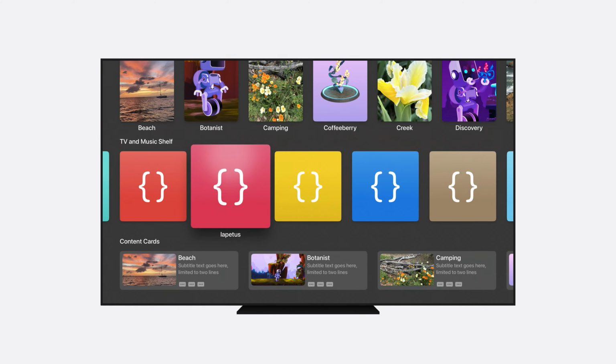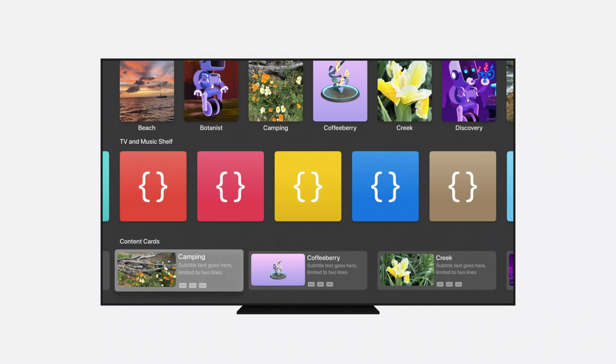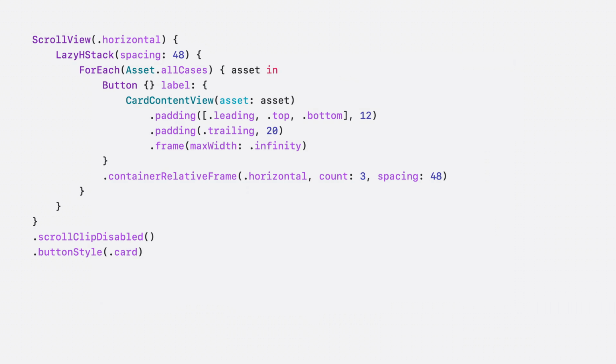Change the aspect ratio of your artwork and the number of items per container relative frame, and you have the perfect size for album artwork. For cases where you need greater information density, you can use the .card button style to build the same type of lockups that you'll find in the TV app's search results. The card button style provides a rounded platter to back your content, which lifts and moves in a more subtle manner than the borderless button style. Once again, all you need to do is attach the .card button style to get this behavior.